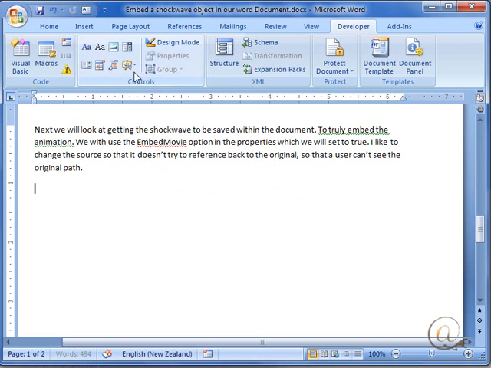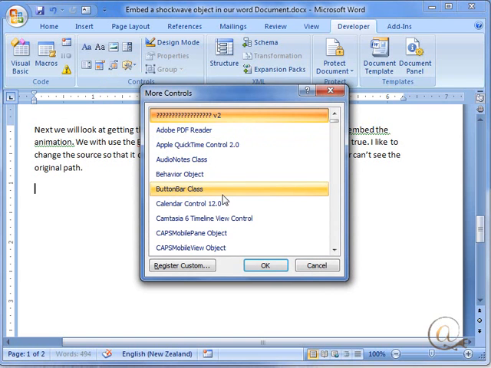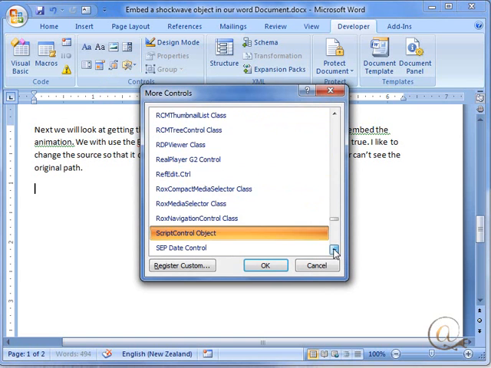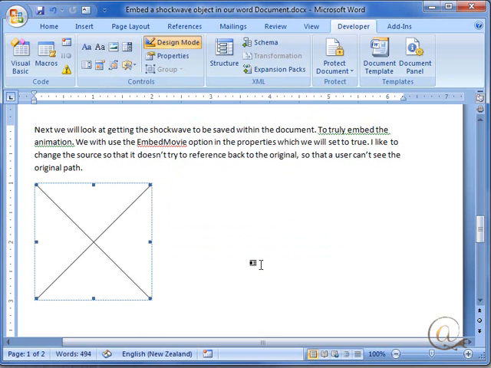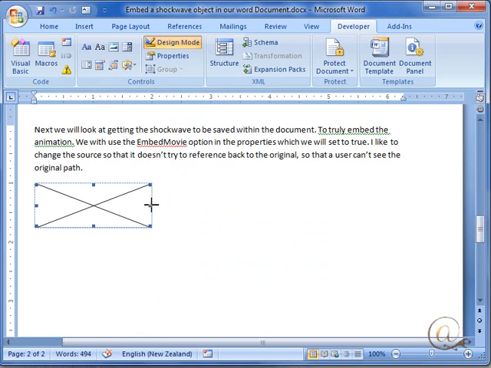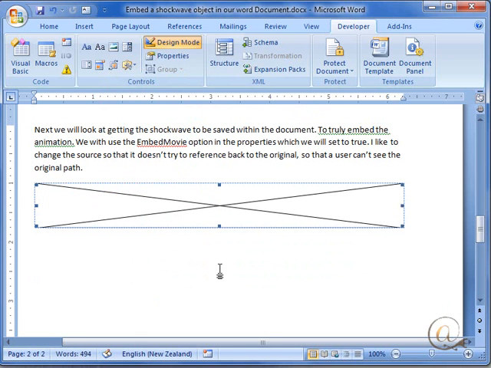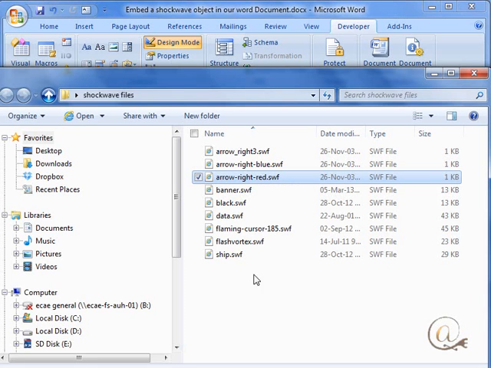So I'm going to do the same thing. I'm going to create an object. This time we're at the bottom of my document, so hopefully I won't have problems with it leaping around. Change the size because it's going to be a banner again this time. Let's go back to my little set here, and I'm going to put this one in, which is called